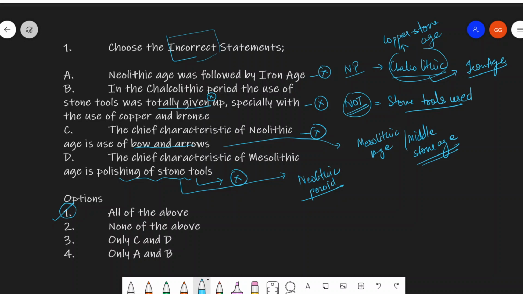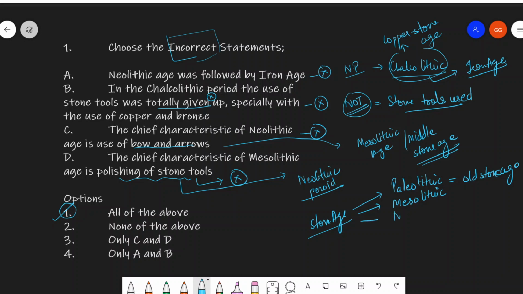What we're talking about is the Stone Age period. You see, Stone Age period is divided under the following heads. The first is Paleolithic, also called the Old Stone Age. Then the second period is understood as the Mesolithic. In the Mesolithic period, the use of bow and arrow began. Also, domestication of animals, horticulture, and primitive cultivation also started.